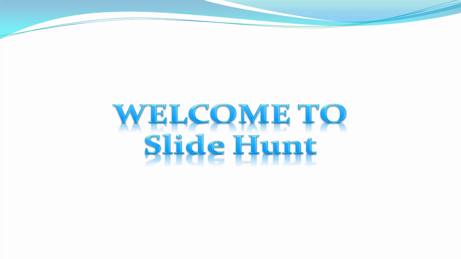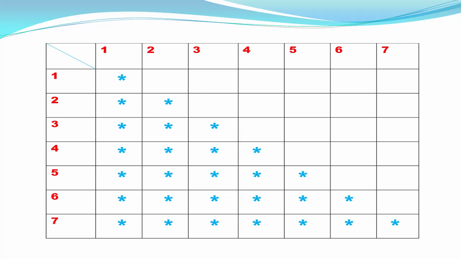In this tutorial I am going to show you pattern printing using the asterisk or the star symbol. There are many types of pattern, but I start with a simple one. In this tutorial we print this pattern, and you can call it a right angle triangle pattern. So let's start. Suppose this is a 7x7 matrix.